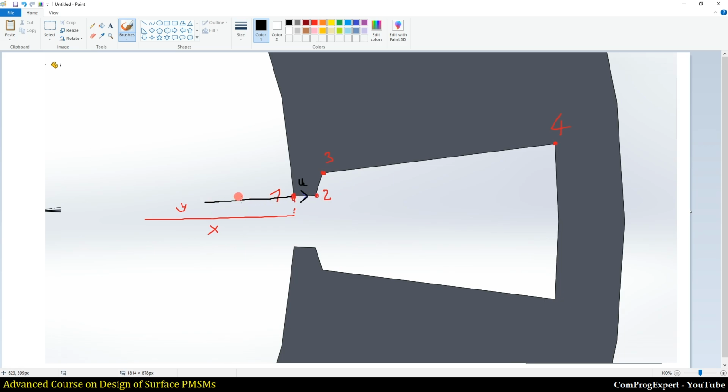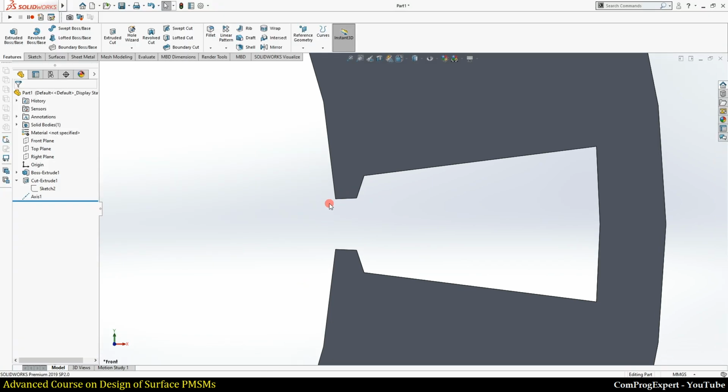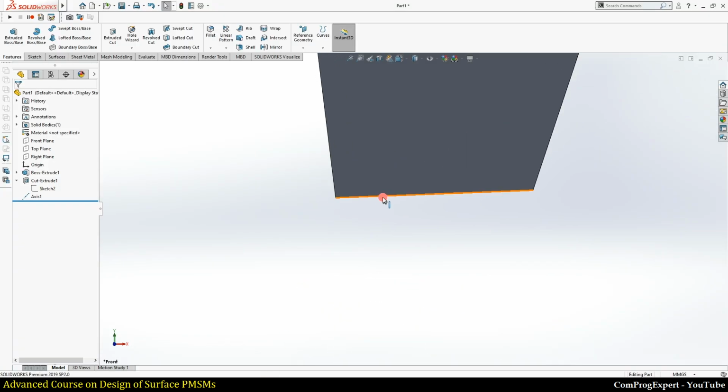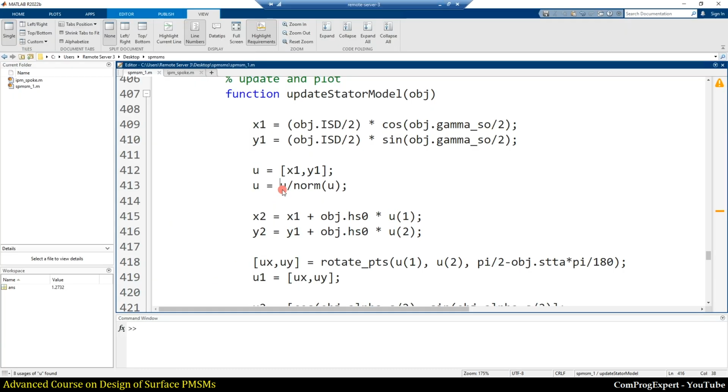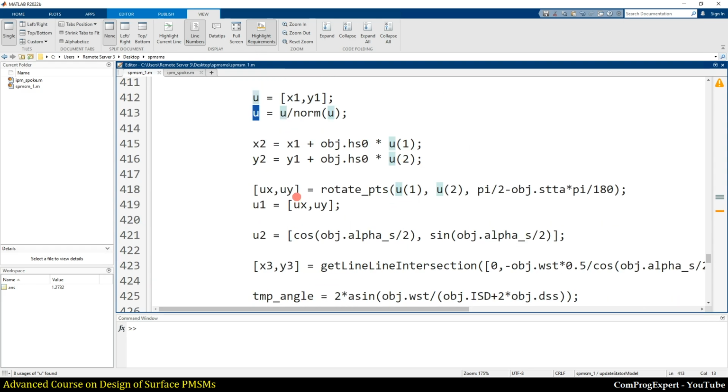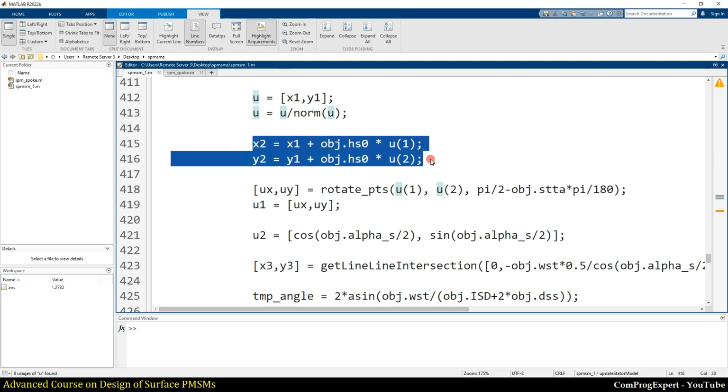So this is the direction of the unit vector, right? The vector that indicates the direction of this segment. We know that it is equal to x1, y1. This is a 1 by 2 row vector. We need to divide it by its norm, its amplitude, to make it a unit vector. Then we can calculate x2 and y2, the x and y coordinates of the second point.